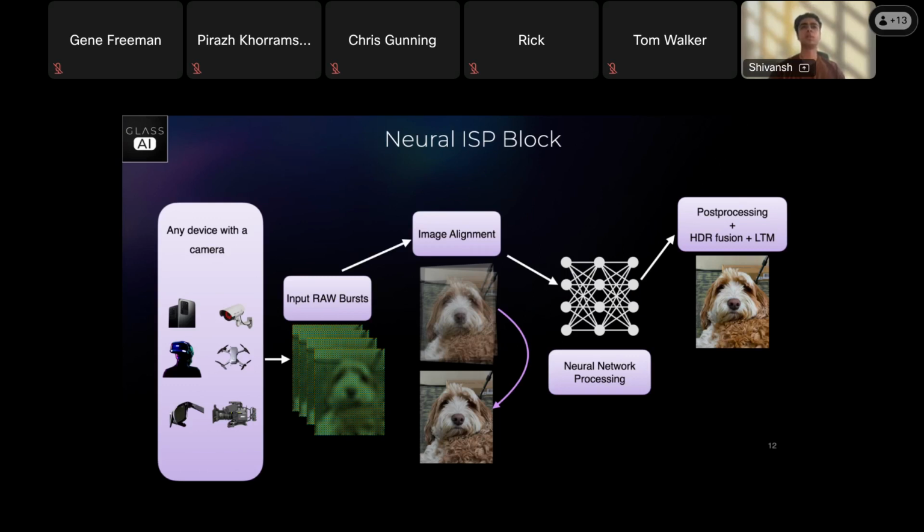And then this network would just output a good looking image in standard RGB color space, followed by which you can always have whatever post-processing blocks that the user may require. And this post-processing block can be swapped away with whatever requirement the customer may have.